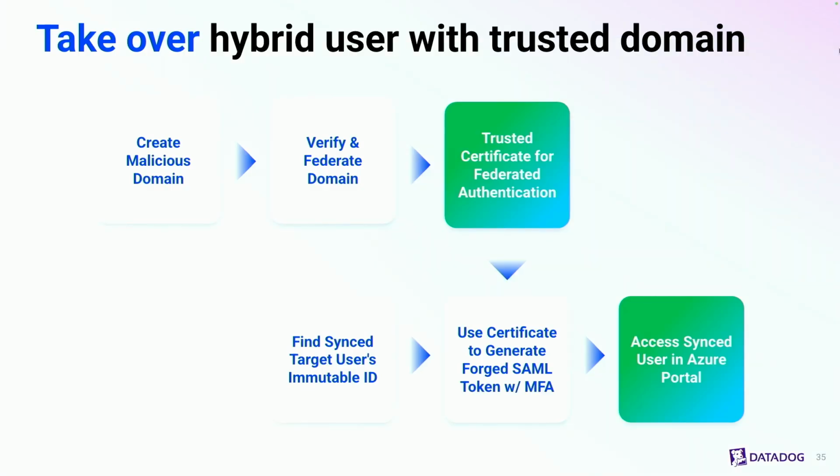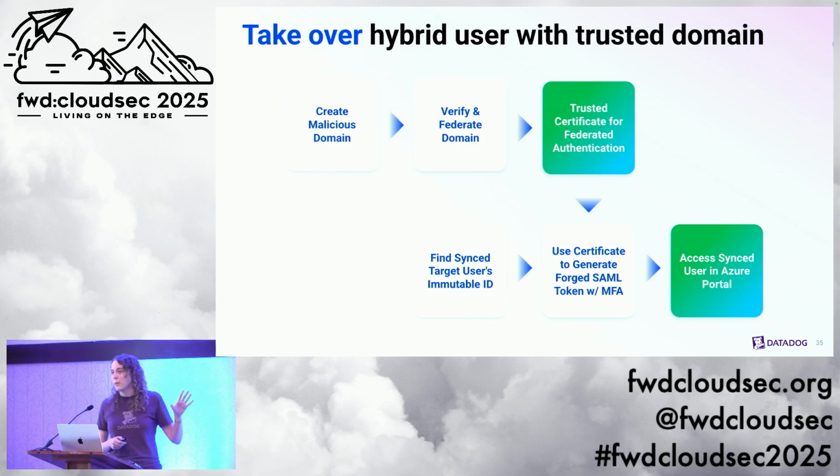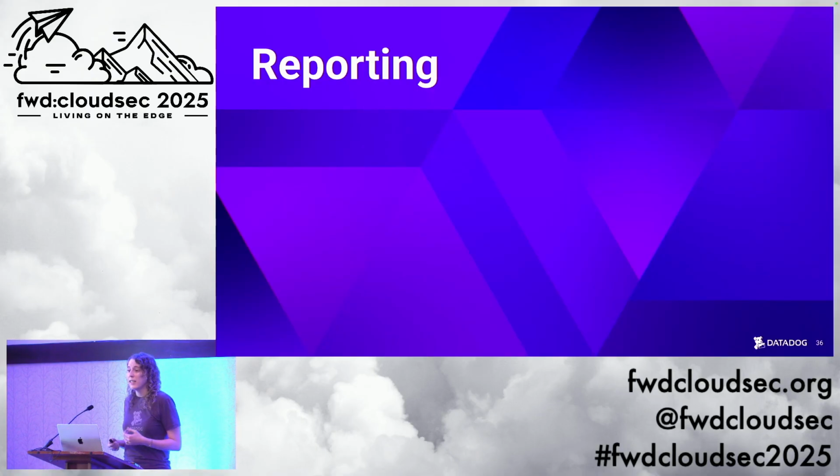So just to recap that from a diagram perspective, we added a domain that could be trusted, we added a certificate we wanted to be trusted, and then we found the user's on-premises ID that we wanted to target and used it to forge that SAML token. We could then become really any synchronized user in the tenant, so anyone with an on-premises identity that's being synchronized into Entra ID. At this point, I thought I had a really cool finding on my hands, right? We just went from application administrator to global admin using one of Microsoft's own applications. This is something they didn't seem as hot on anymore after recent research.